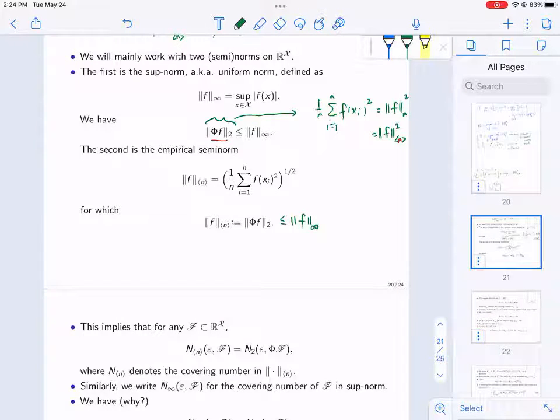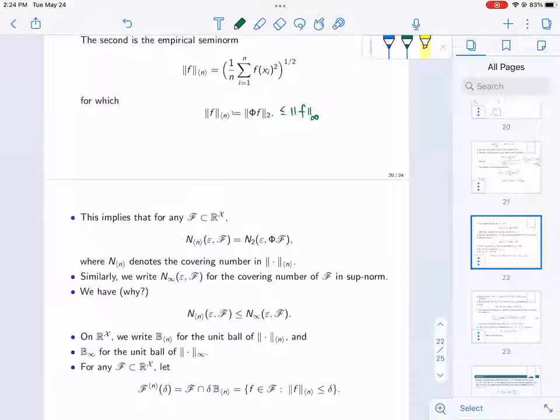The sup norm is a proper norm. So if this is 0, and sup norm is 0, then f has to be 0 everywhere. Questions? Okay, so if you